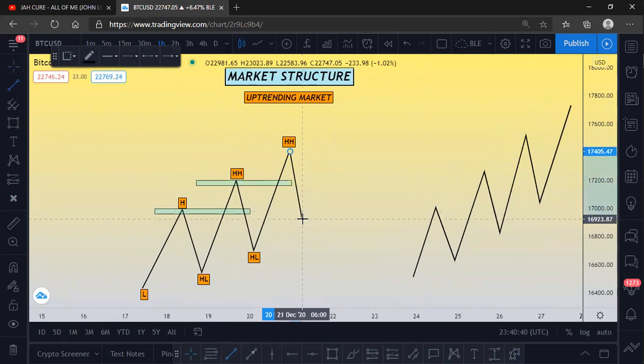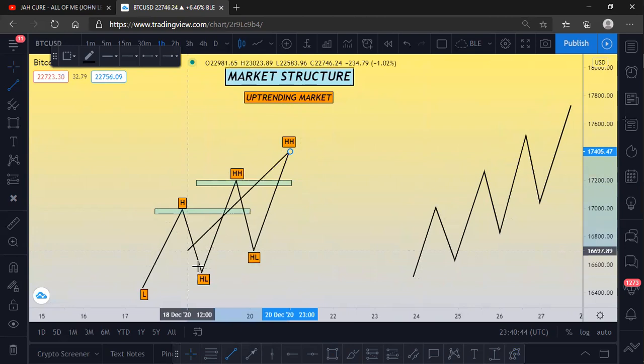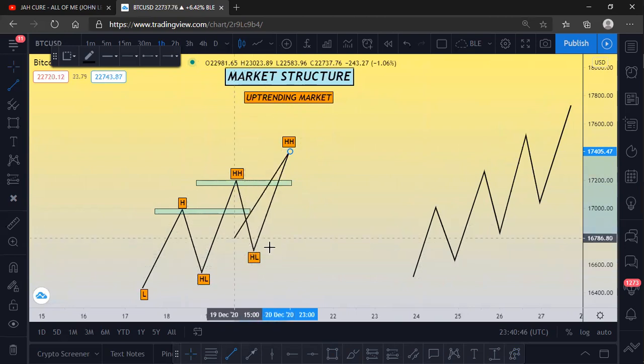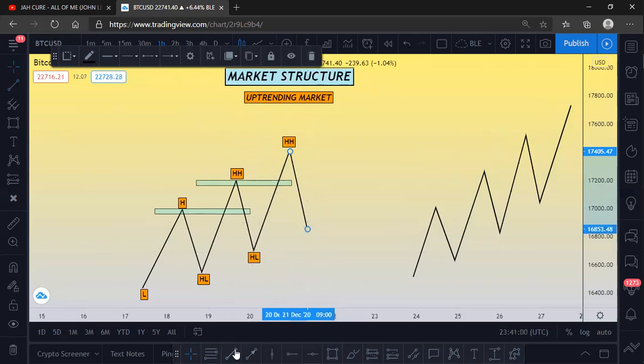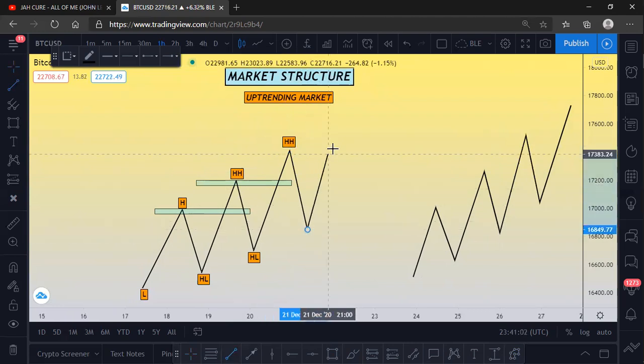All right. So then you can see price does the same thing again. It's going to pull back. Now it should not go below. Now we are not playing off this information again. We are going to be playing off the most recent information, the present higher low that has been formed. So now the price pullback did not close below this higher low, closed somewhere around it, and then rallied up again, and then went above the previous higher high.